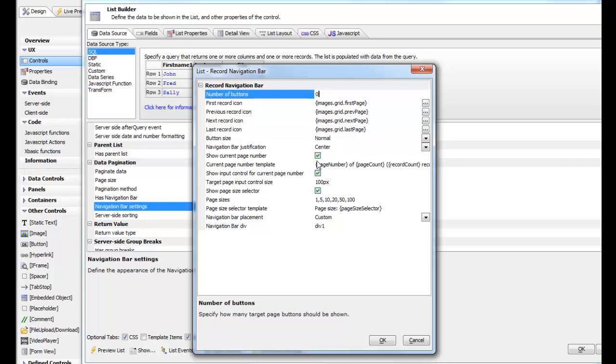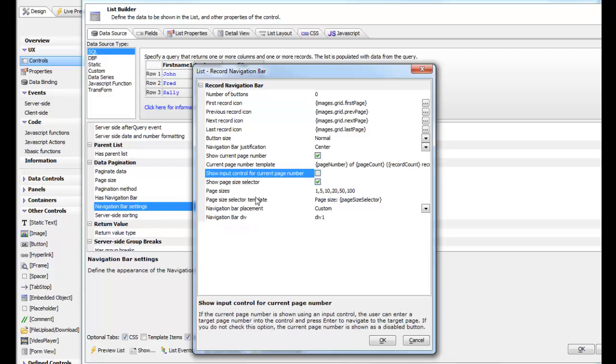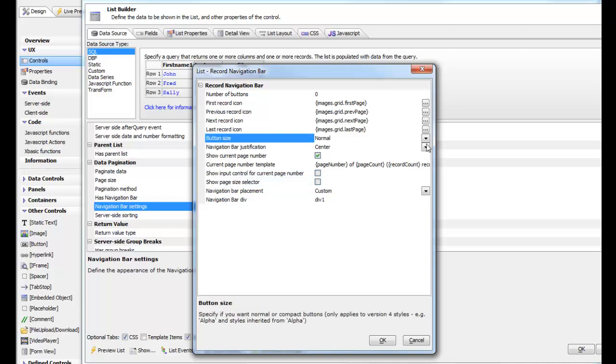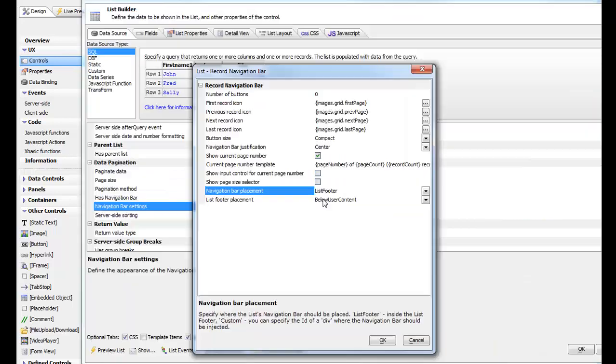I'm going to go here and specify that we want to show the current page number, but we want to show it not using an input control but a disabled button. Let's turn off the page selector. Let's switch the button size from normal to compact, and then let's also place the navigation bar not at the location specified by a custom div, but instead we'll specify that we want it directly in the list footer over here. So we'll go ahead now and click OK,